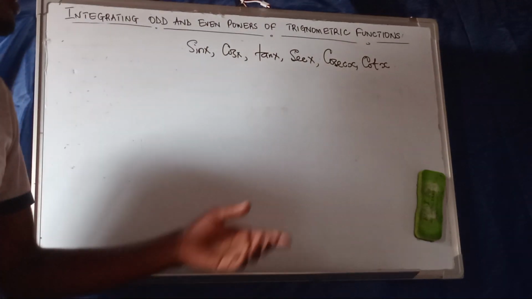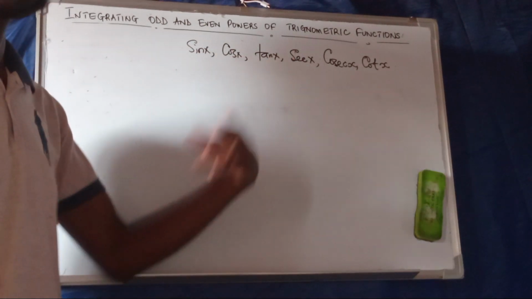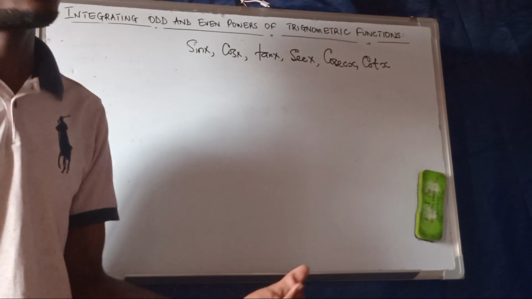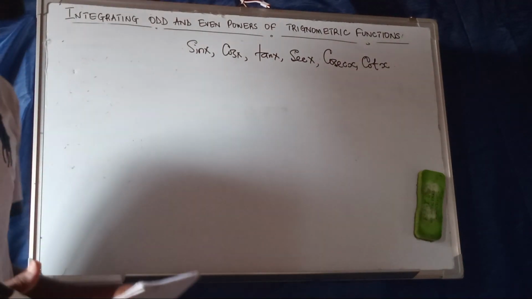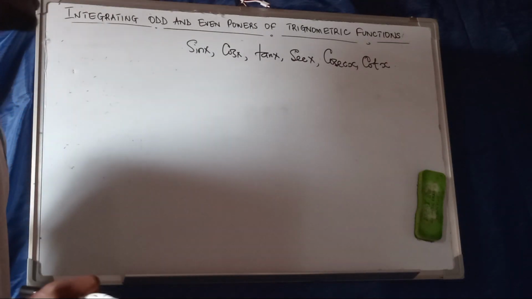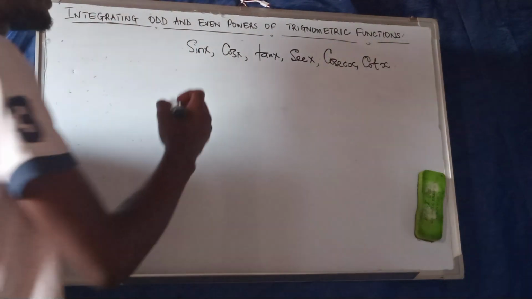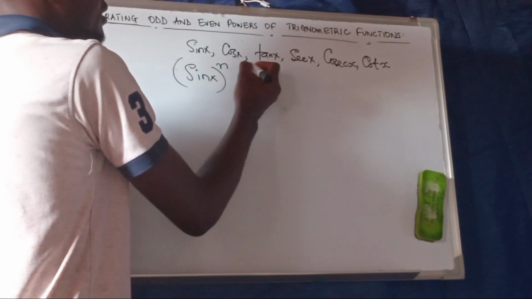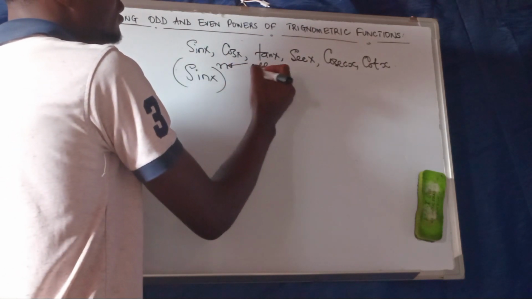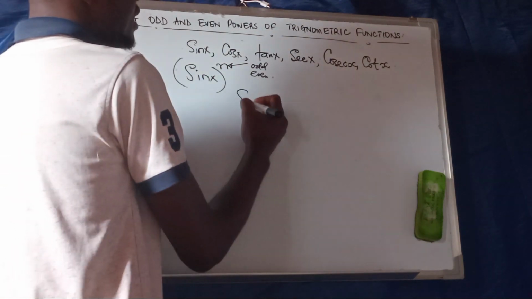what they mean. For example, tan x, we know it is sine divided by cos. Sec is 1 over cos, cosec is 1 over sine, then cot x is 1 over tan. So those are the trigonometric functions that we are going to talk about at this level, but we are going to see how we integrate odd or even powers. So for example, if we have sine x power n, this n can be odd or can be even. For example, if I have sine